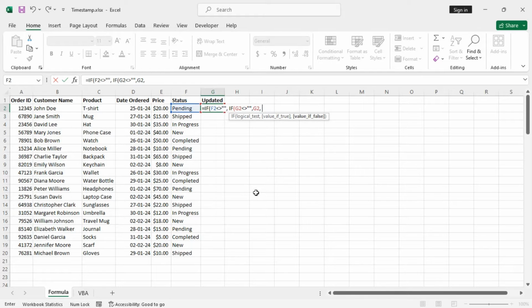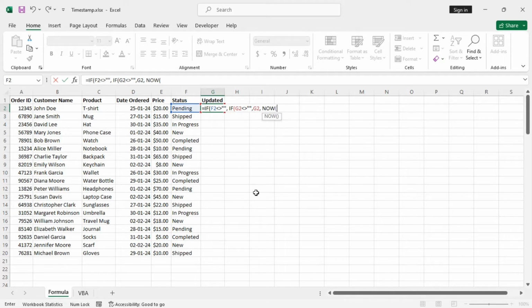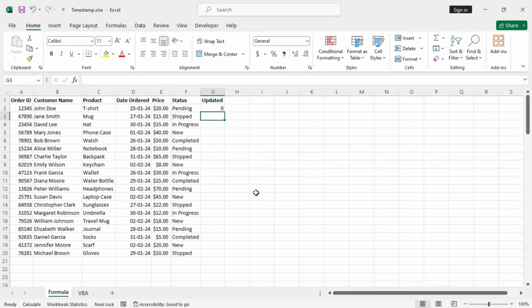Otherwise, show the current time and date. So the NOW function can be used for that, and if not, then just return an empty string. Okay, now copy the formula below